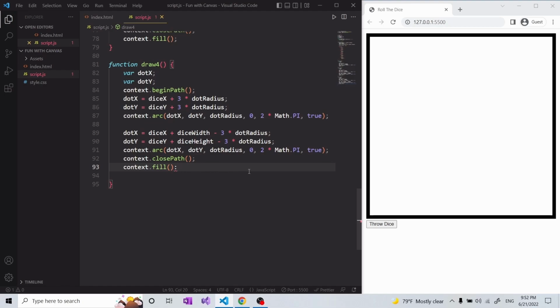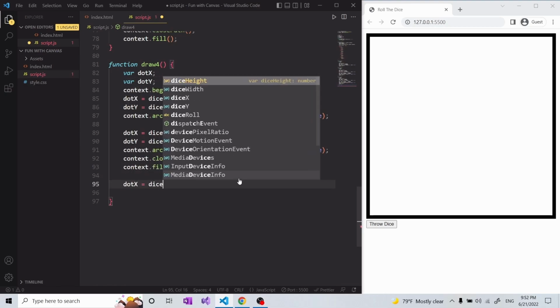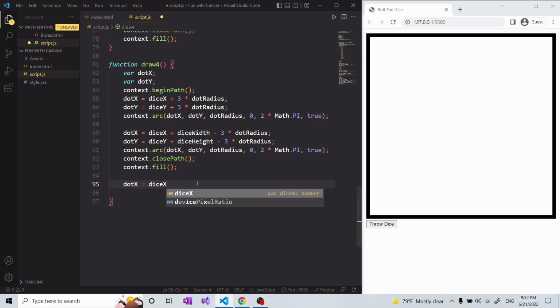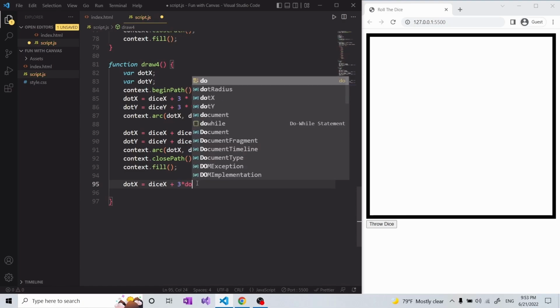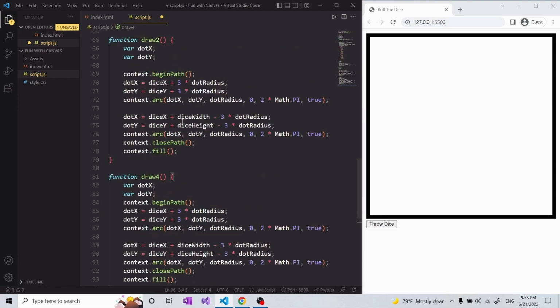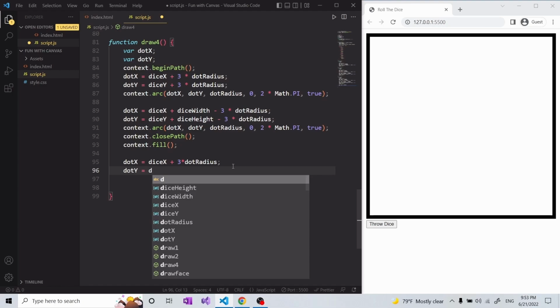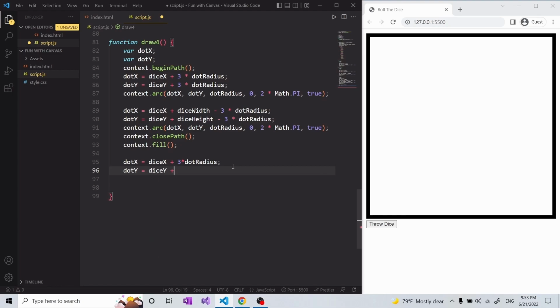Now what we're going to do is simply change the values of the x and y. So if I just say dot x is going to be equal to dice's x, which is the starting point of our dice, as I said, and then we're going to add that to 3 multiplied by dot radius, so that we can have the same case as in the 2-1. Okay, so these are just 2 dots. Now we're going to draw the other 2. So dot y, and then it's going to be dice's y plus the dice's height, and it's going to be minus the 3